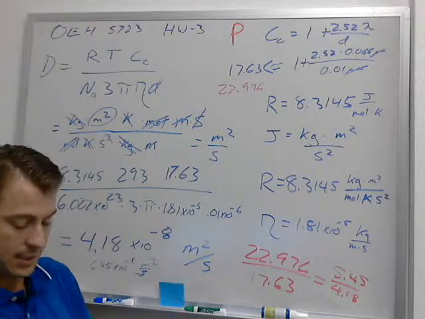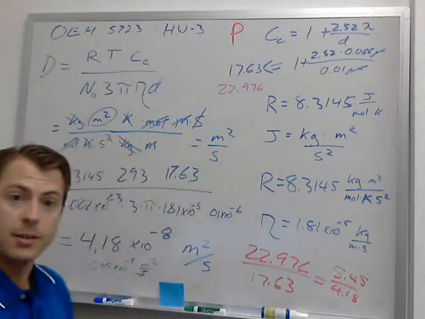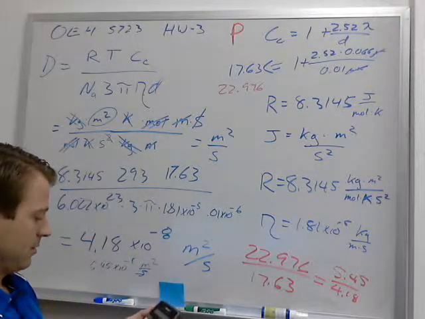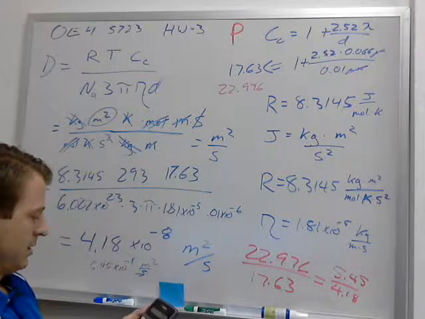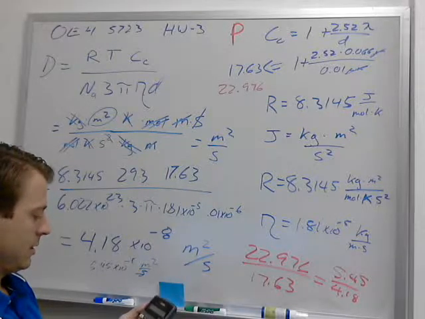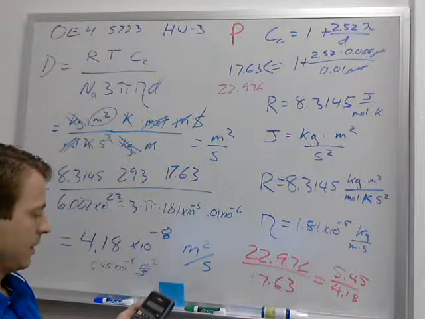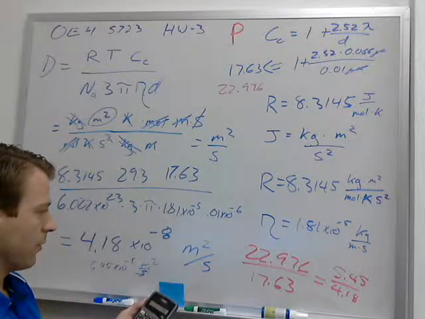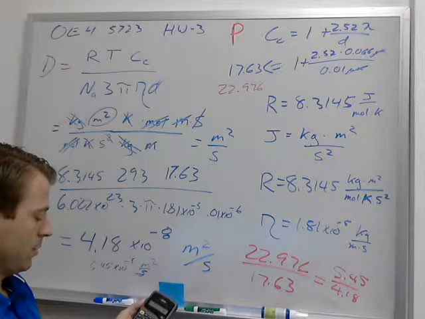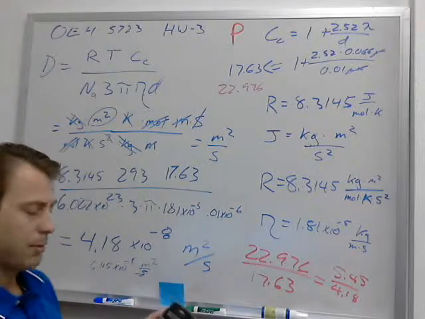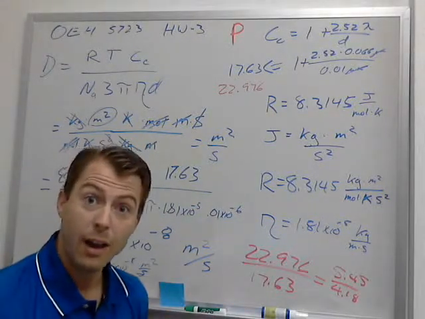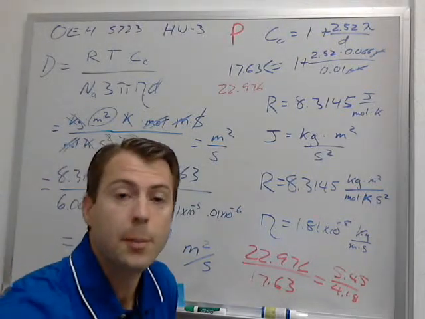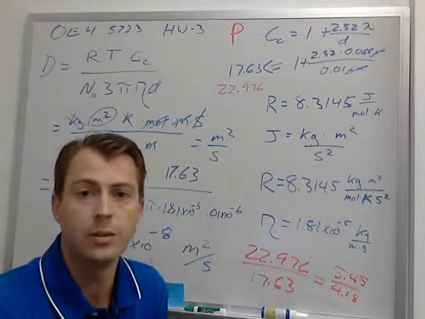Now let's calculate it and see. Now I'm really going out on a limb because I've got 13 minutes invested into this. So 22.976 divided by 17.63 comes out to 1.303, and 5.45 divided by 4.18 is 1.303. How about that? So Cunningham correction factor does make a difference, but for the purposes of what we're doing,